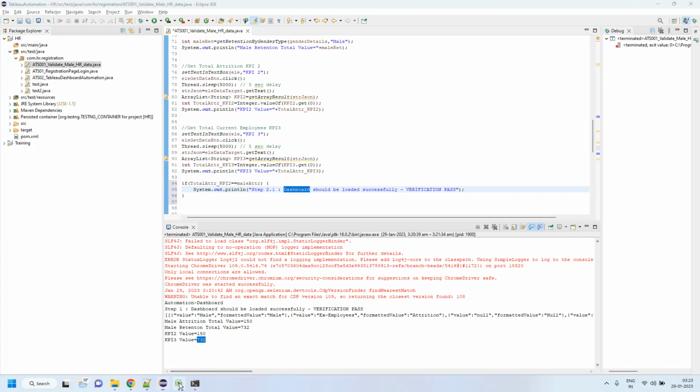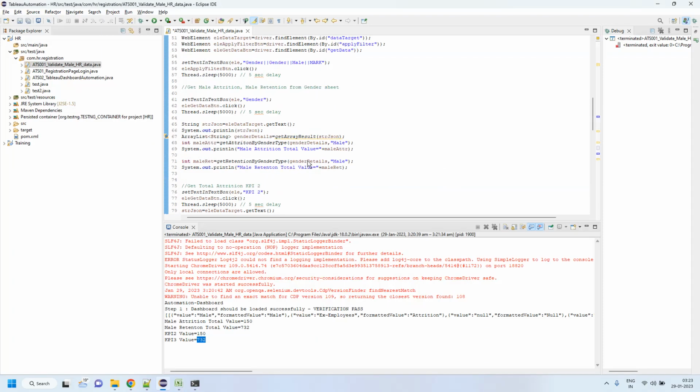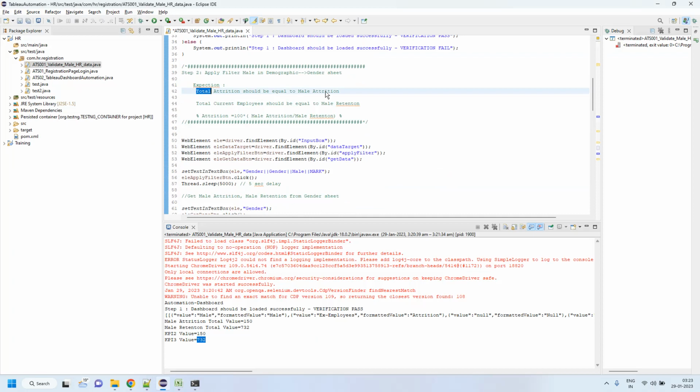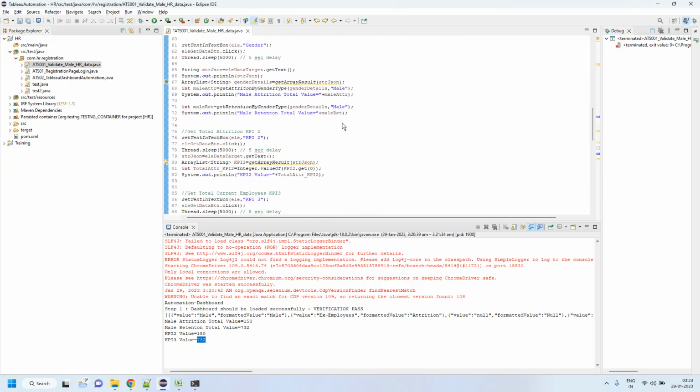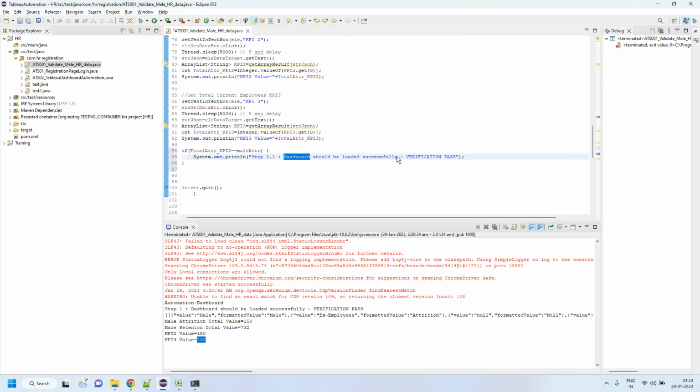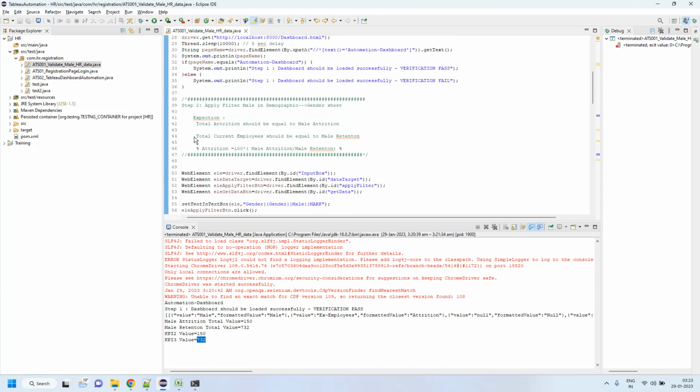Okay, we can write expectation. Like here we have written the same expression, total attrition should be equal to male attrition. Verification pass. If it does not match, we can write else, total attrition will be equal to male attrition, verification fail. Similarly, the second step is total current employees should be equal to male retention,